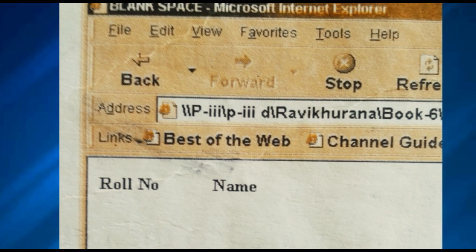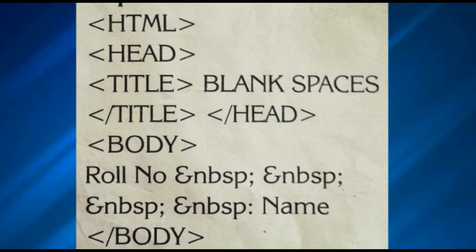Like you can see the result of the web page. Roll number, after the roll number we can see there's a space of 2 or 3 letters, and then it is shown name. So how we can show this result, how we can script a code for making this result?